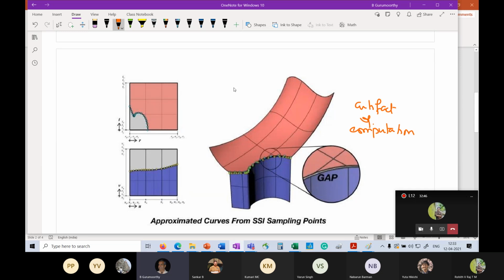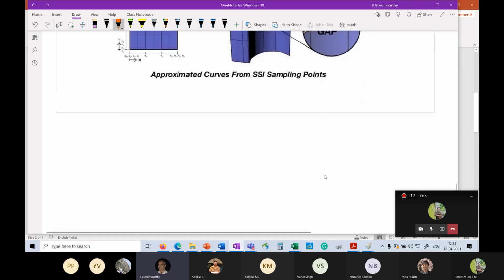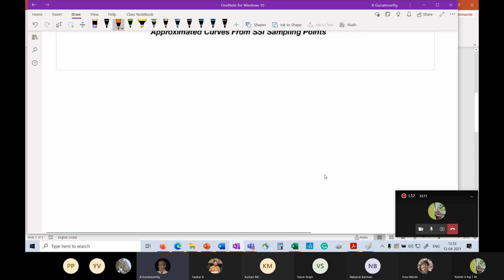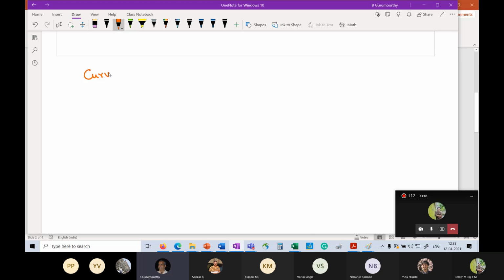Okay, so we are now ready to start looking at the next dimension, which is solids. But before we do that, because your colleague asked this question of scanners and surfaces, there's one point that came up during the discussion. I thought I must talk a little bit about that, which is just like we did curve fitting,